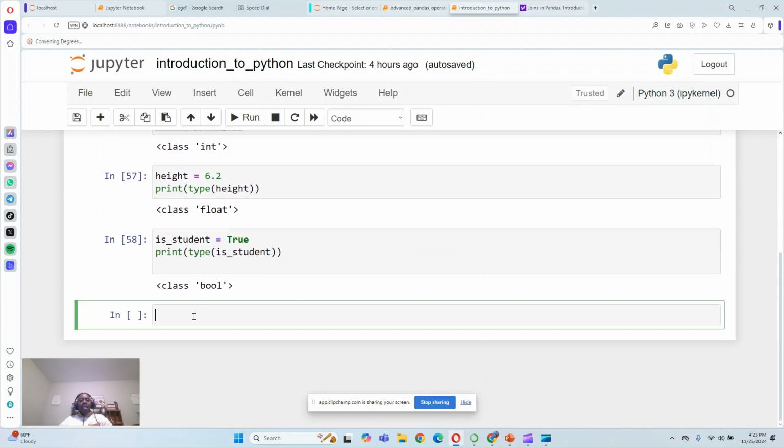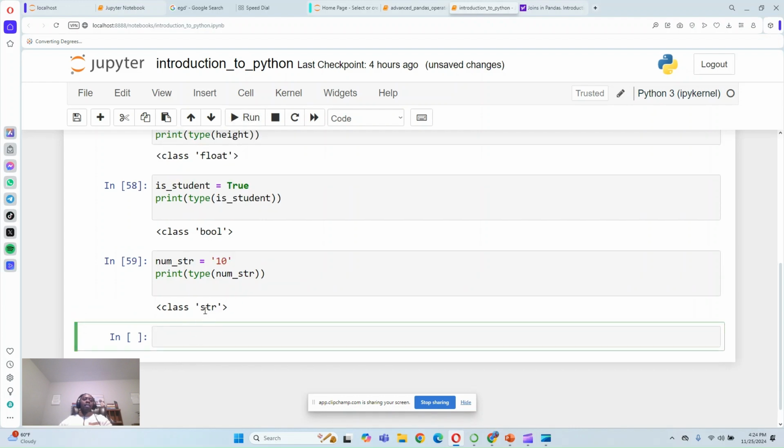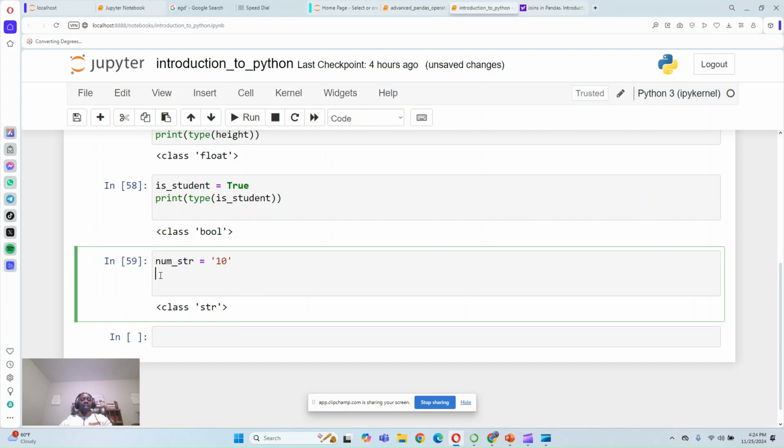Let's call it type conversion. We can change a number from a string to an integer, depending on the use case. So you can change it. Let's say, for example, num is equal to 10. Now, if I check the type of this one, you might have guessed it already. It's a string. But if I check the type here, it's a string, right? So I can change it now and say